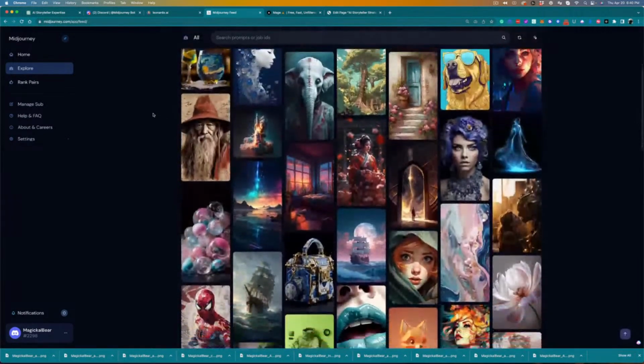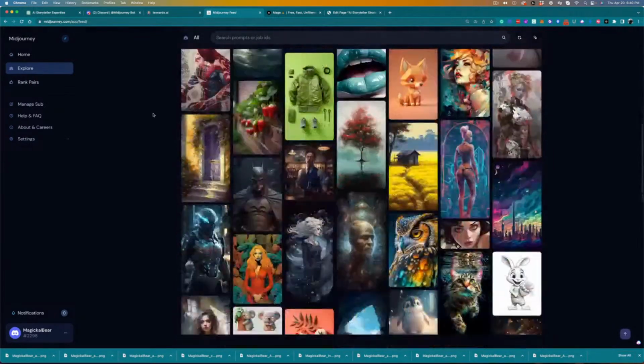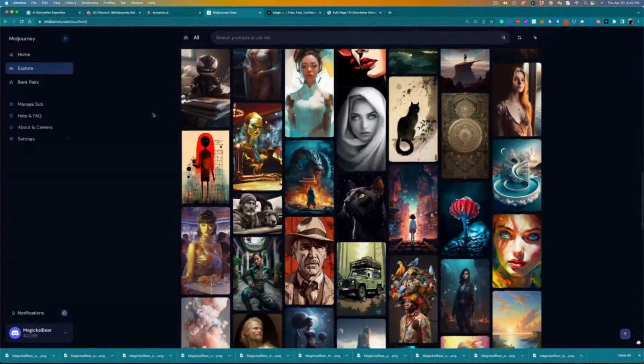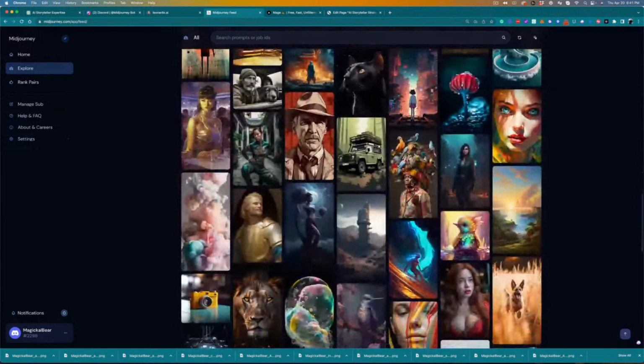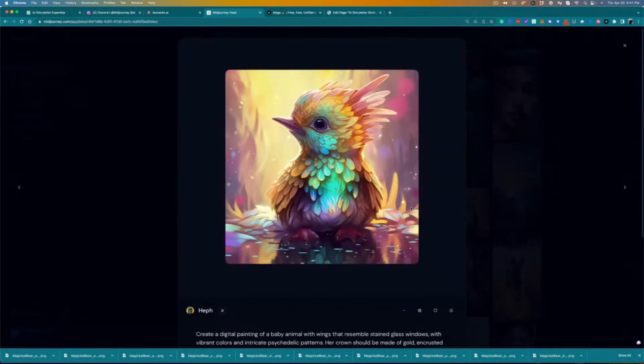And then if there's something that kind of sticks out to you as a style that you like, you can see what the prompt is. No text prompt. And that's what it created. That's funny. So maybe you like this style right here. So if we click on that, we can see